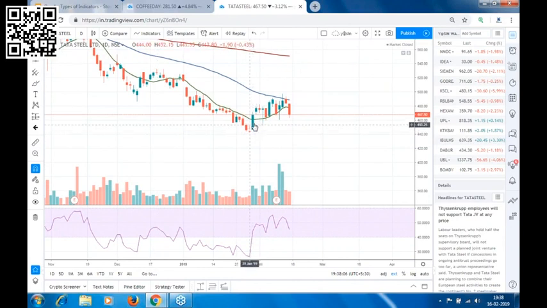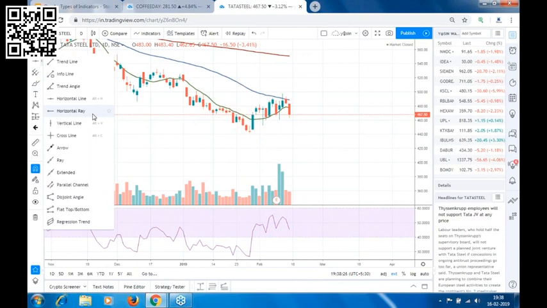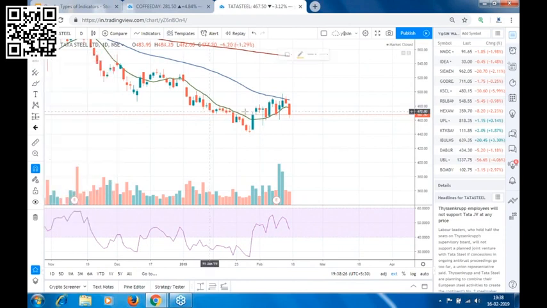See, when we saw this candle, this bullish candle, this is a bullish Marubozu candle and it closed above your 10 period moving average. And the high of this candle is 471.40 and we gave a buy above 472, above the high of this candle. And see, when it broke this level, you can see the rally the stock has given.